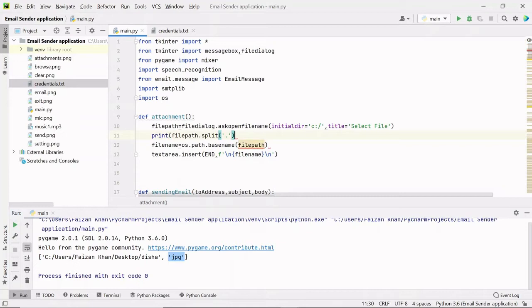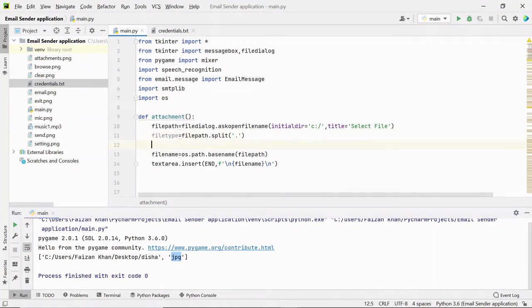Firstly I'm going to simply put this in a variable, file_type. This variable will simply store this complete list, right? And now what I'm interested in is the format. This format is at index 1. So I'm simply going to update this variable file_type, and I'll store the element which is at index 1 inside this file_type variable. So now inside this file_type variable we will have this JPG format.